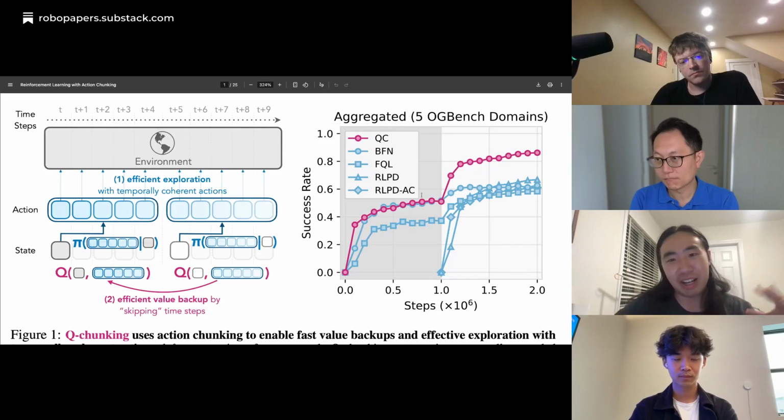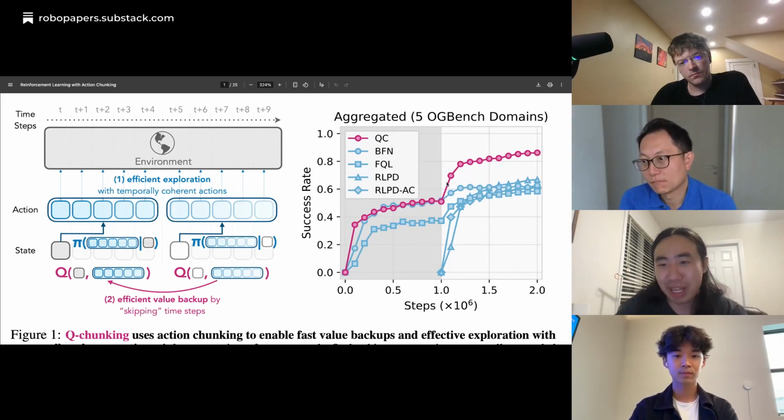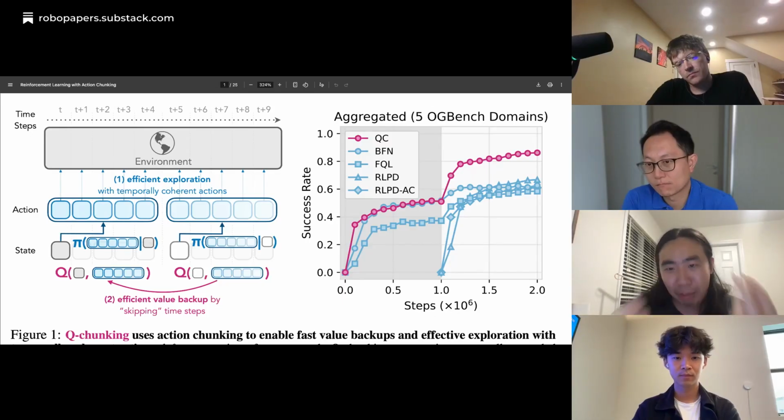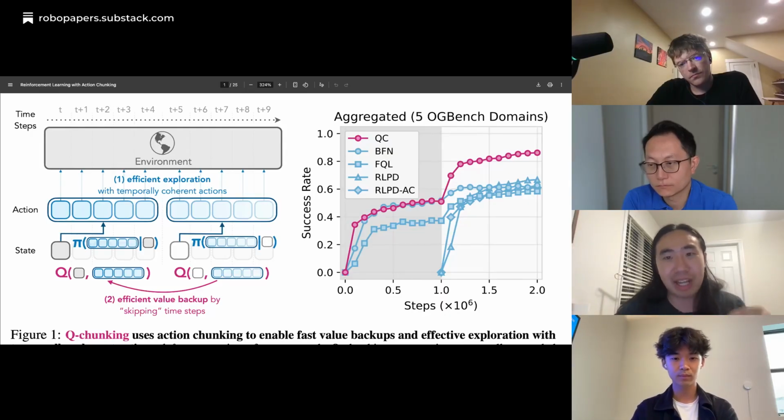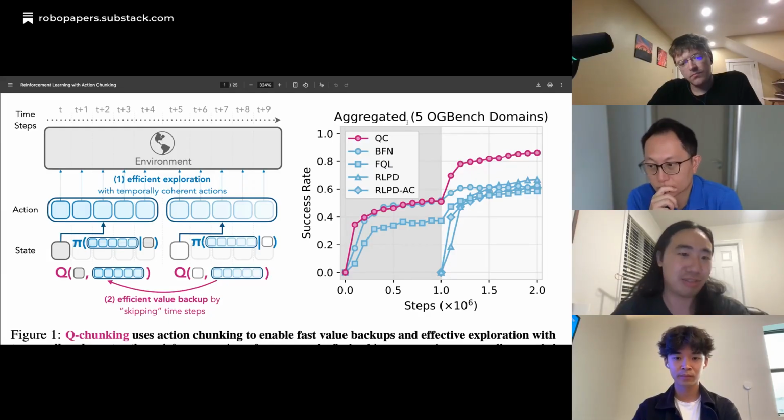So there is a lot of interesting and exciting future work on how we actually make it super sample efficient, building on top of the observation that we can just apply action chunking to the algorithm and it can already explore much more efficiently. Can we make it really sample efficient? Can we actually do it within 10 episodes of online data collection? It can actually learn really well. Yeah.